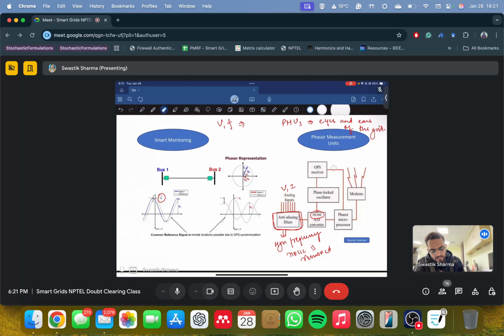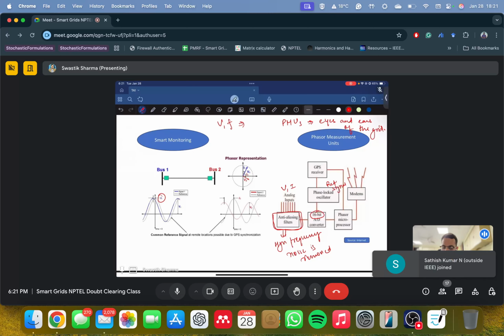Sorry, the reference signal is here, and you want to timestamp, right? It should not be like I'm sitting at IIT Kanpur and using my watch, and my watch says it is 16:22 right now, but your watch says 16:21, right? So this should not happen. The time lag should not be there.